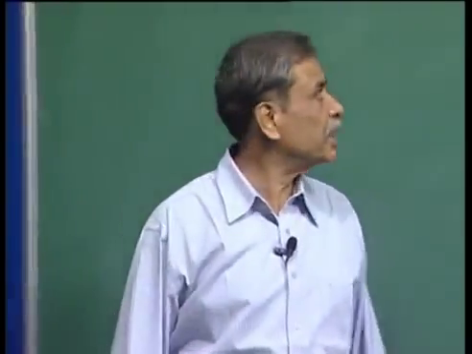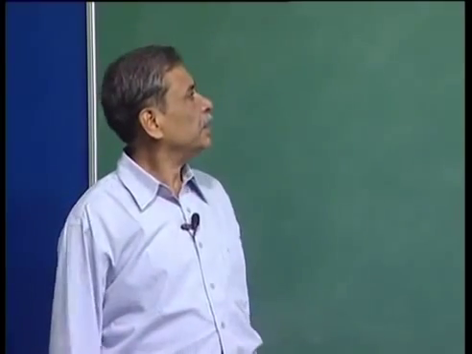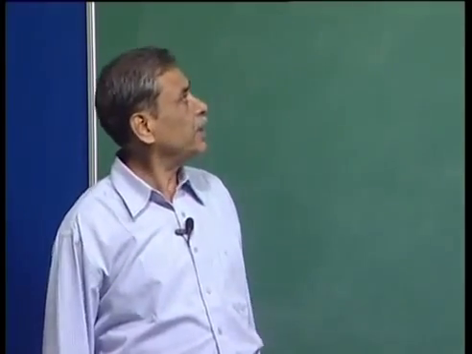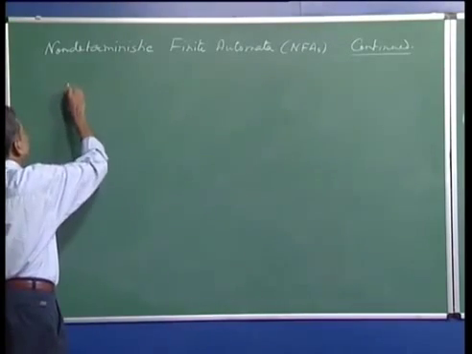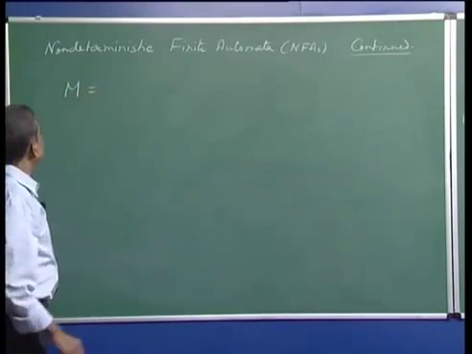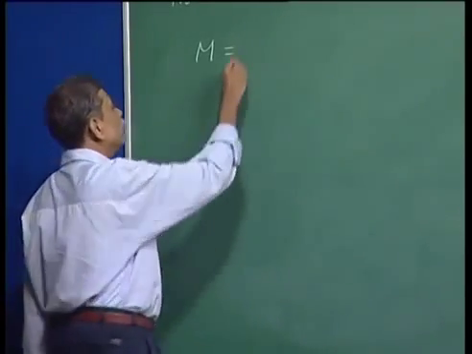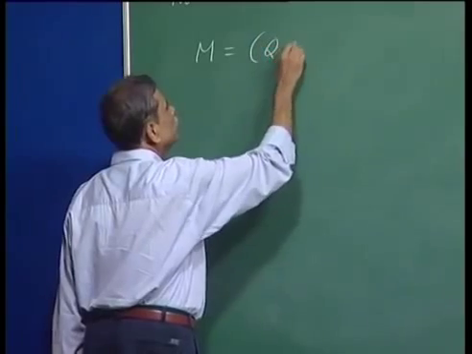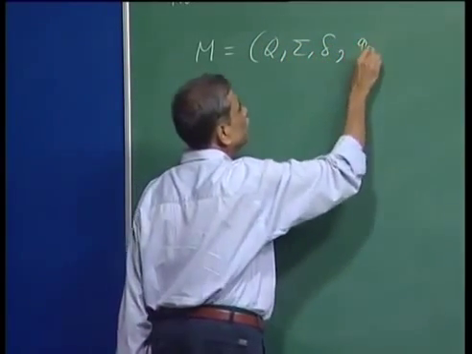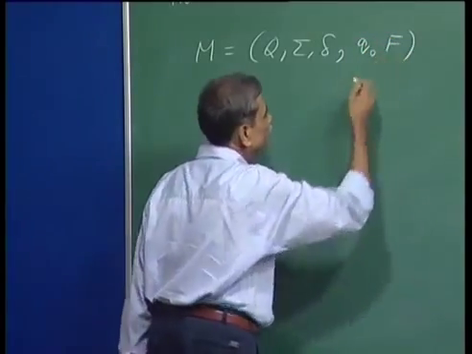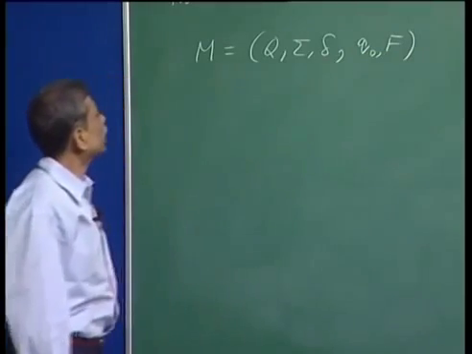So far we have discussed NFAs at an informal level. Let us define NFAs formally. An NFA, when we use the formal route, is a 5-tuple Q, sigma, delta, Q0, F, as DFAs are, where